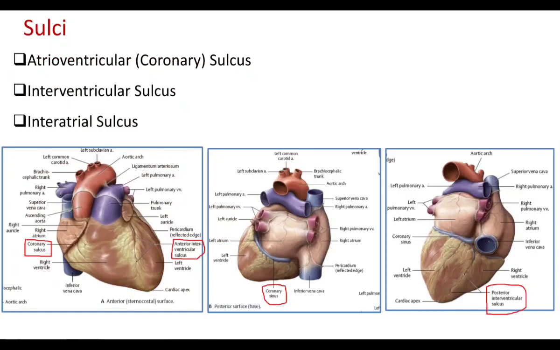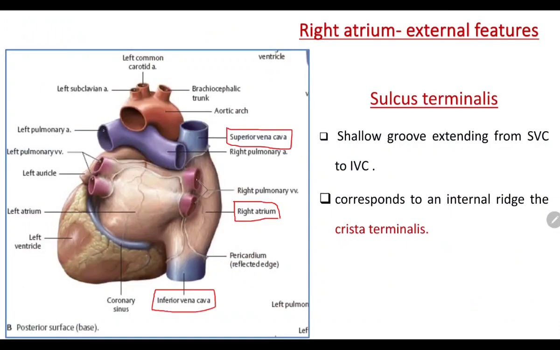Then what are the sulci on the heart? Already I told you we have the atrioventricular sulcus, that is the anterior atrioventricular sulcus. Then there is an anterior interventricular sulcus. So this is the atria and ventricle. We have the posterior atrioventricular sulcus, and this is the posterior interventricular sulcus. You should remember atrioventricular sulcus is known as the coronary sulcus. Then